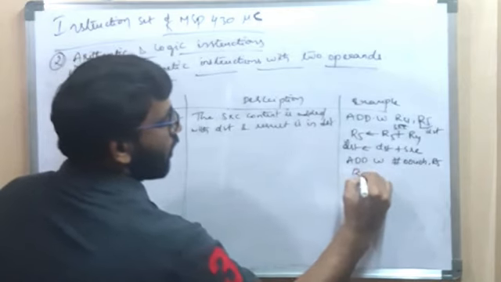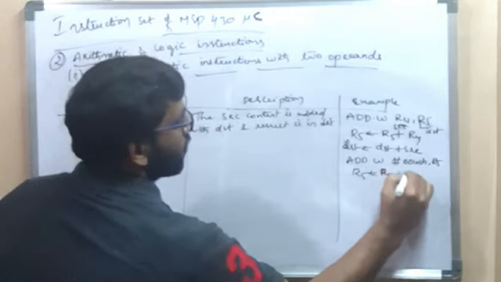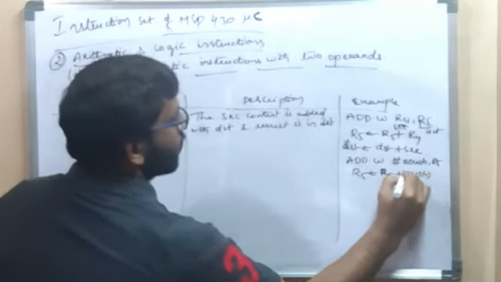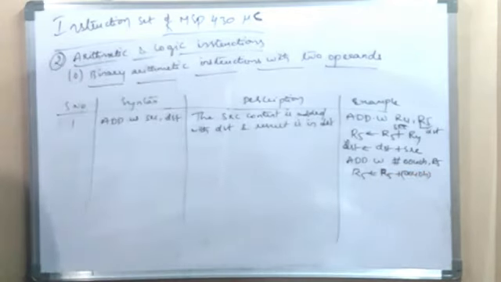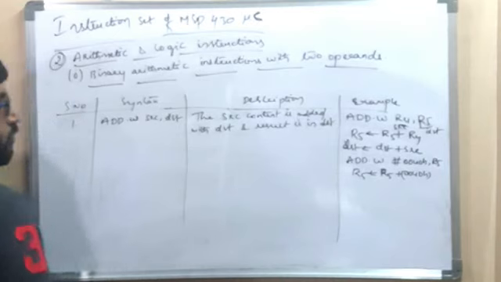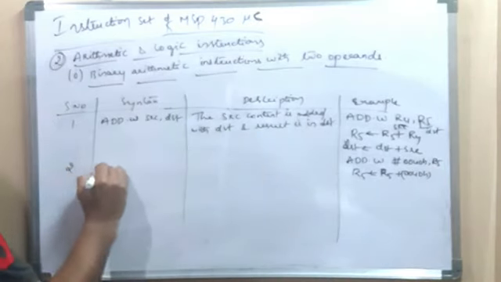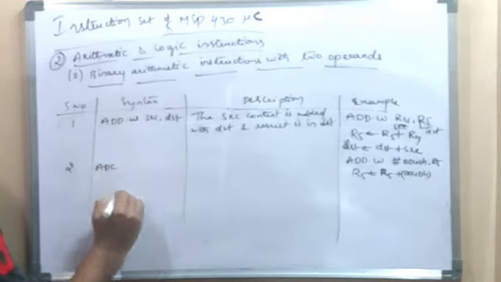What happens here? R5 contains R5 plus 0040H, right? This is the example of immediate addressing mode. So next, take addition with carry,